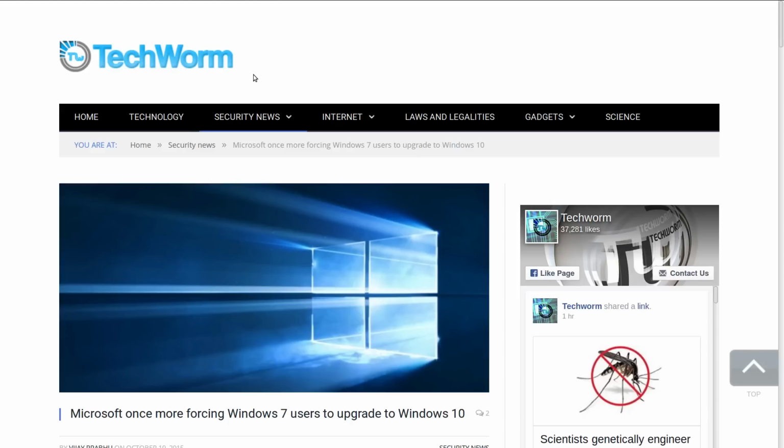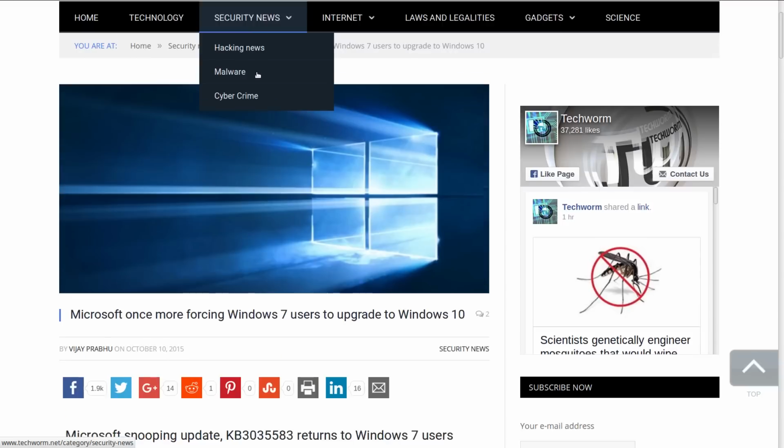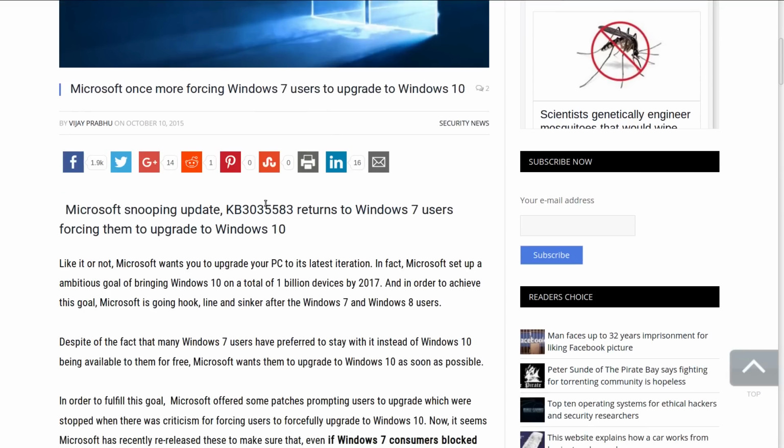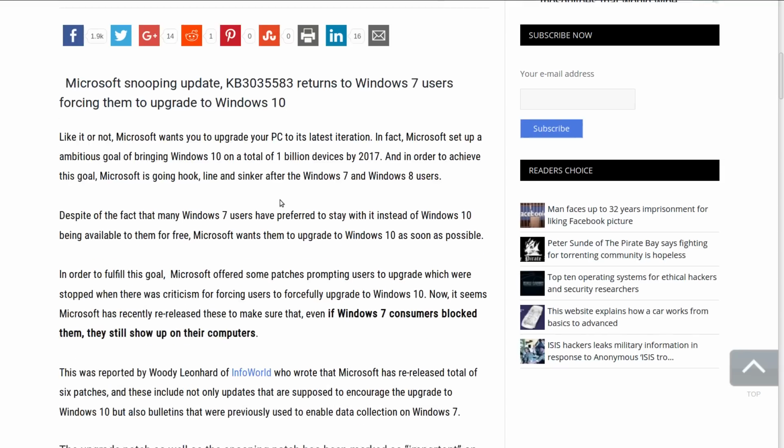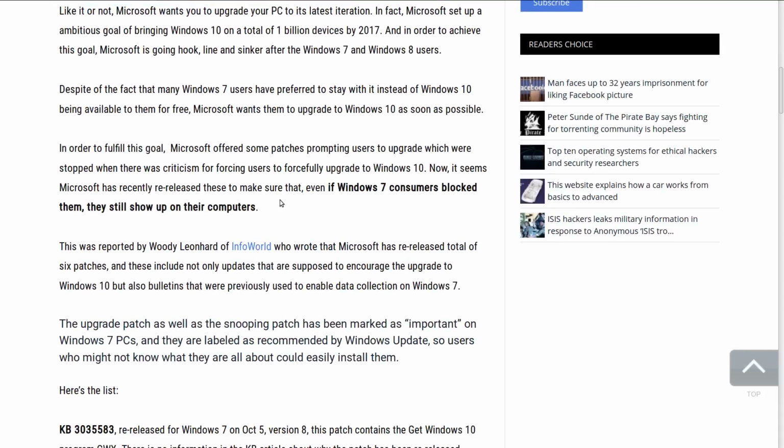First of all, we're looking at Techworm, which is a website, like a web blog, that has some interesting security related things on it. And this is an article that was posted quite a while back, actually, about when Windows 10 was about to come out. Microsoft issued an update, and they issued it to every Windows user. If you were a licensed Windows user accepting updates in any way, shape, or form, you received this update. And what it did was, it put a nag down in the taskbar that prompted you to upgrade to Windows 10.